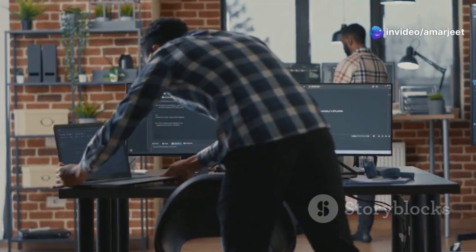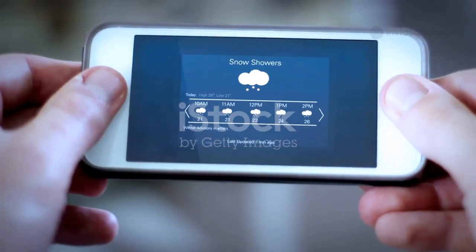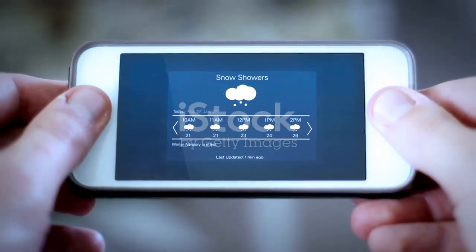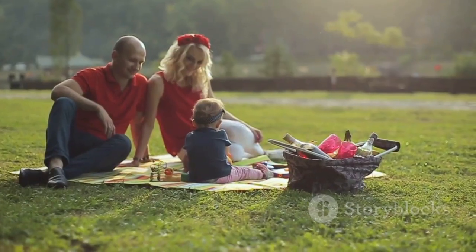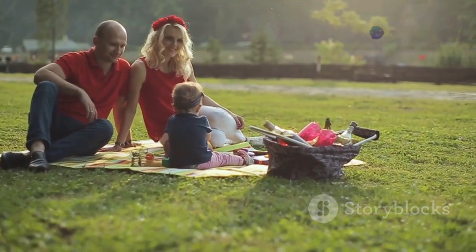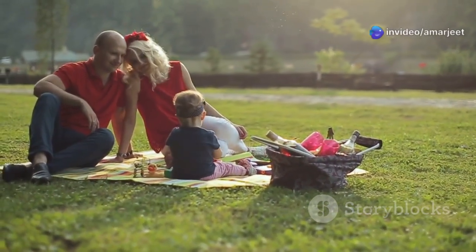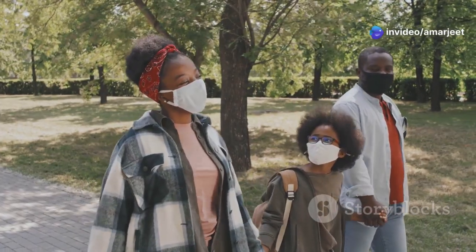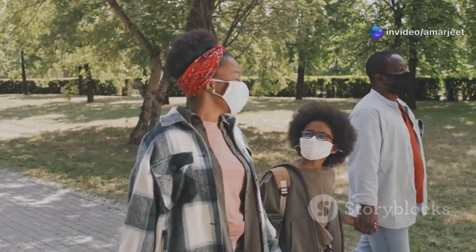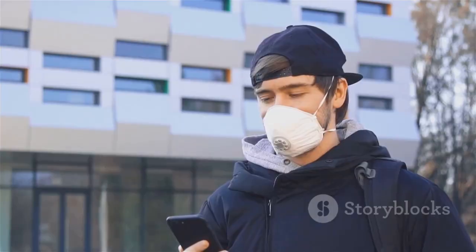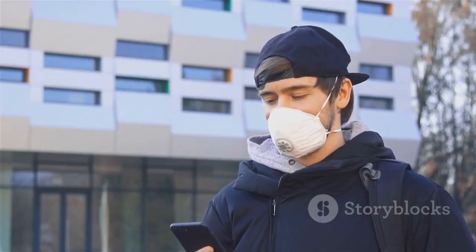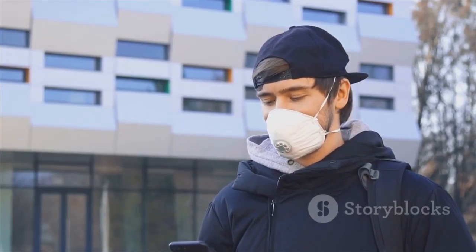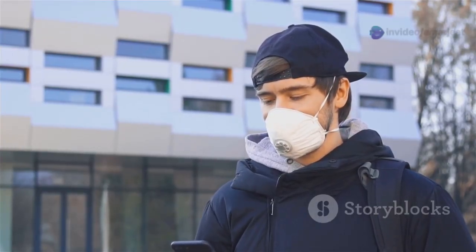Congrats! You've built an AQI checker. Now use it to make informed decisions. Check the AQI daily. If the AQI is good, between 0 and 50, enjoy your outdoor activities. If it's moderate, between 51 and 100, sensitive groups should limit time outside. If the AQI is unhealthy, between 101 and 150, consider wearing a mask if you're sensitive to air pollution and